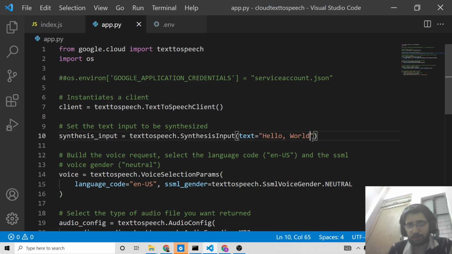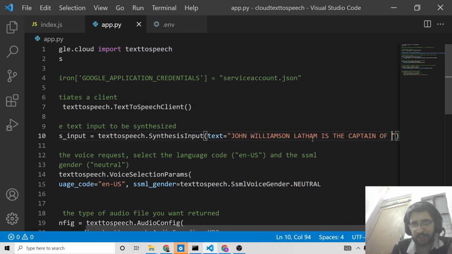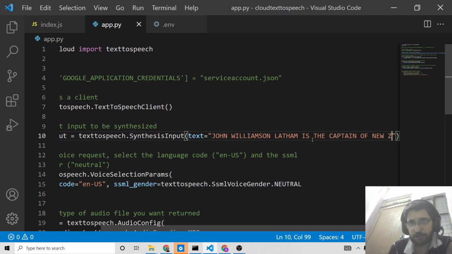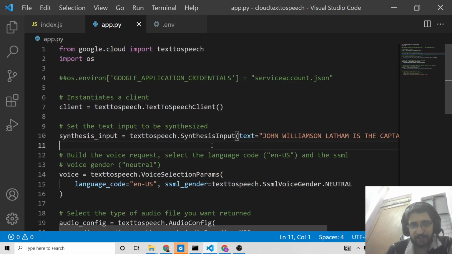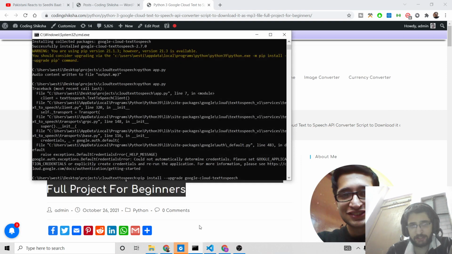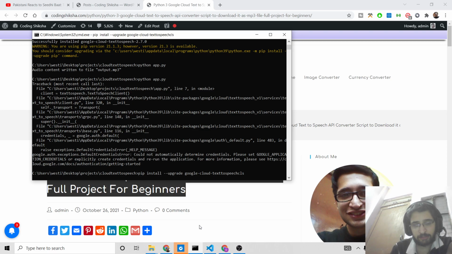So this is all the code, the Python script. If I provide any sort of text here, for example, this is the text I am providing: John Williamson Latham is the captain of New Zealand. If I run this script by invoking this command,